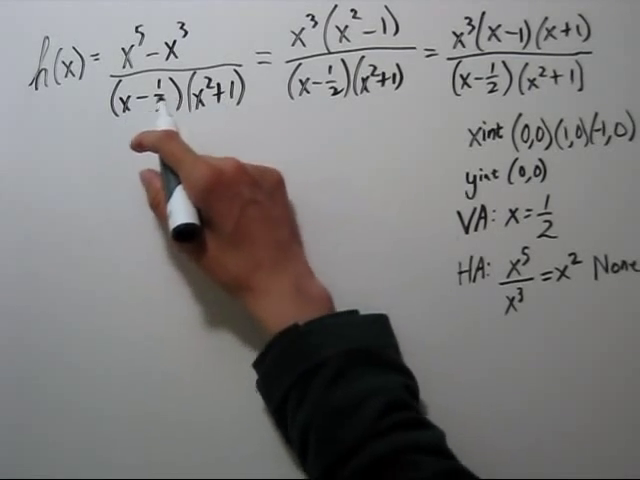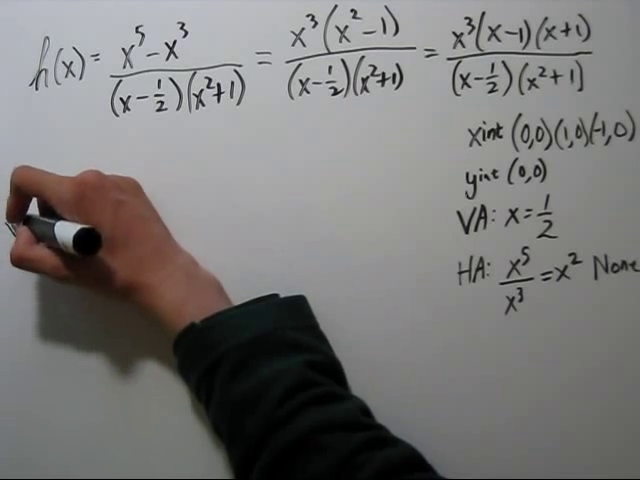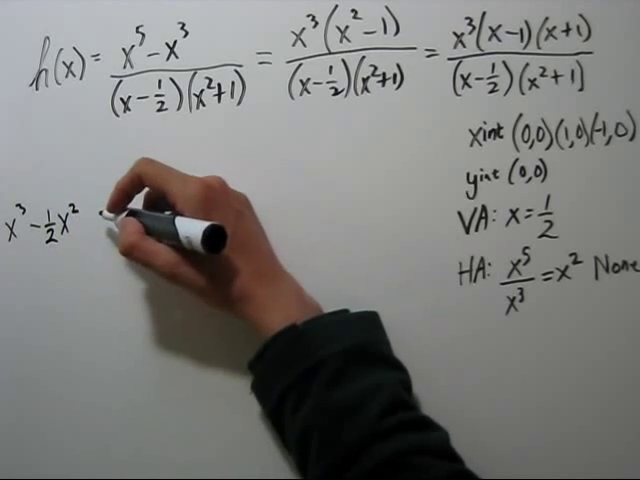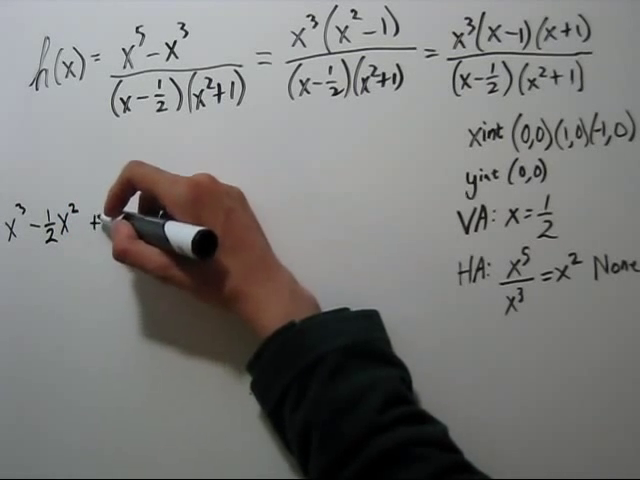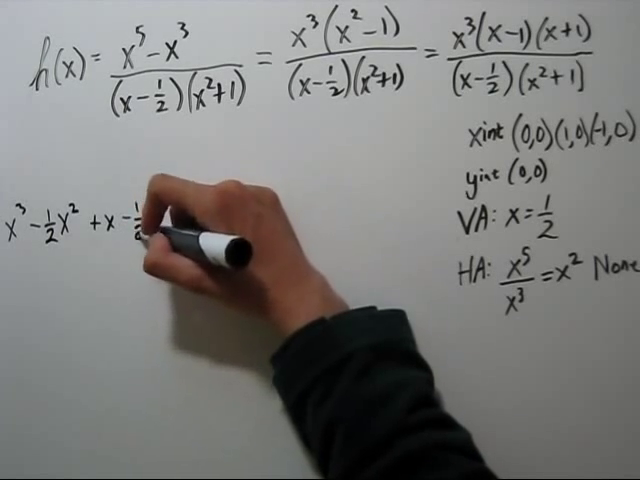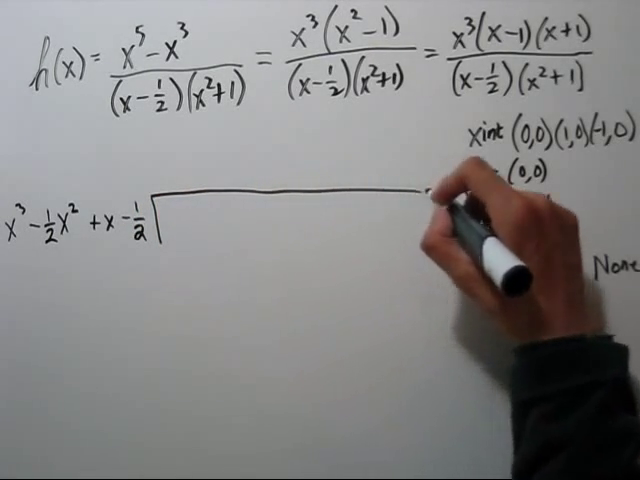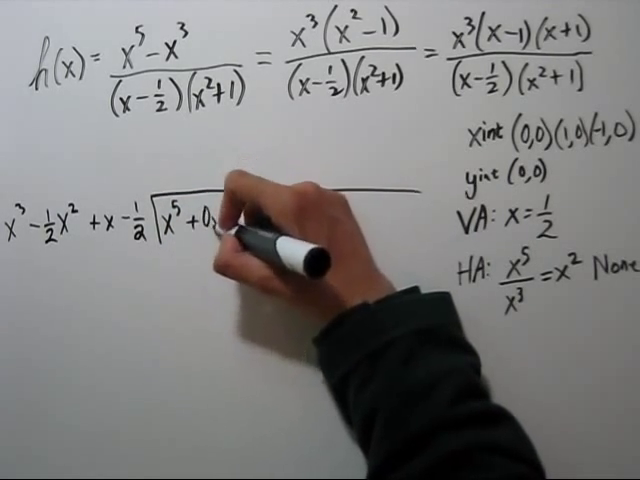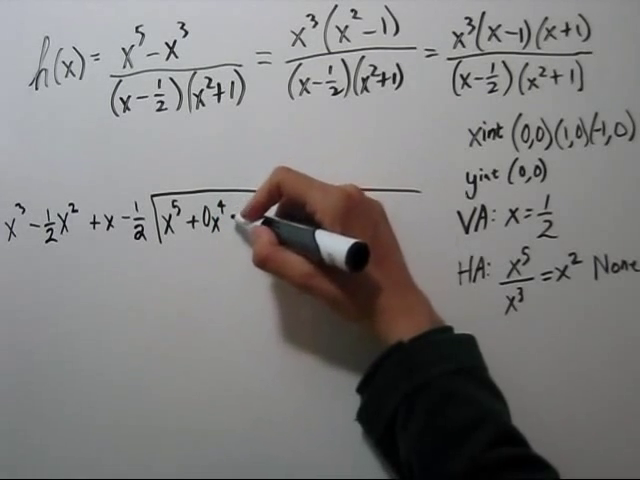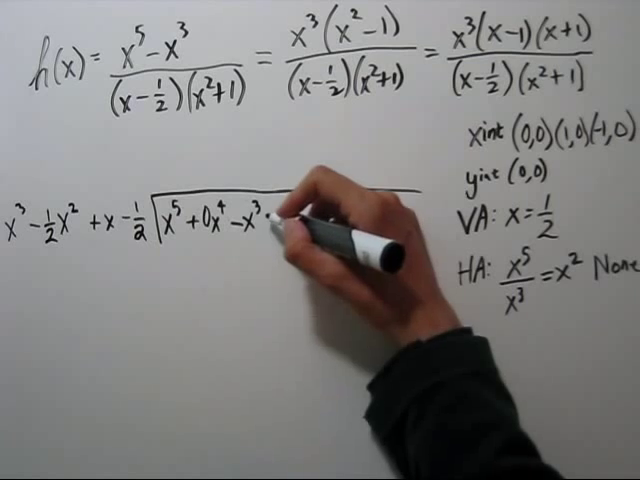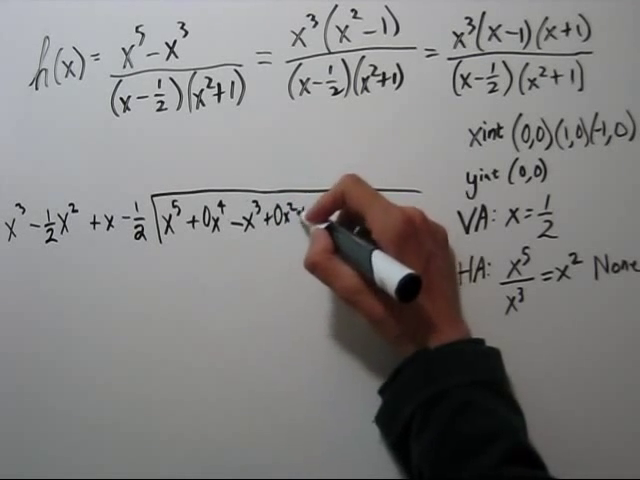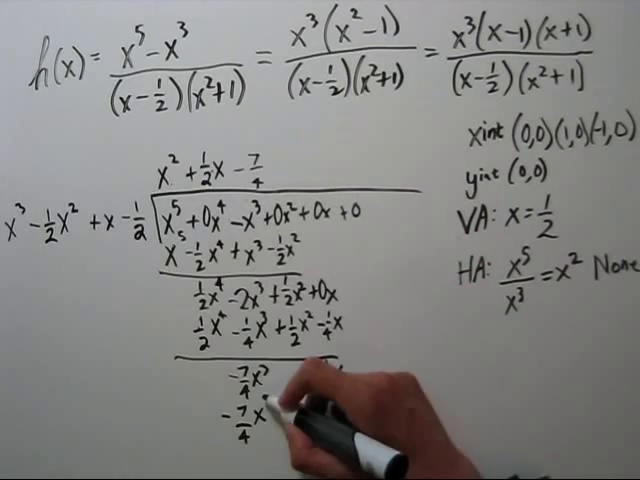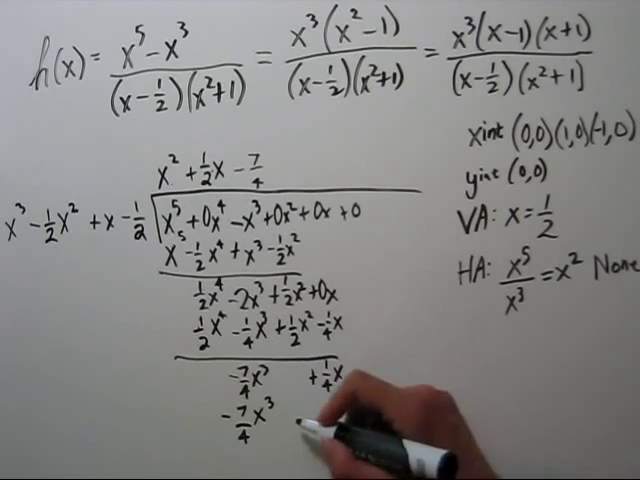We're going to need to FOIL this denominator here. We'll get x cubed minus 1/2 x squared plus x minus 1/2. And we're going to divide that into x to the 5th plus 0x to the 4th minus x cubed plus 0x squared plus 0x plus 0. Those are our placeholders. You can quit here because